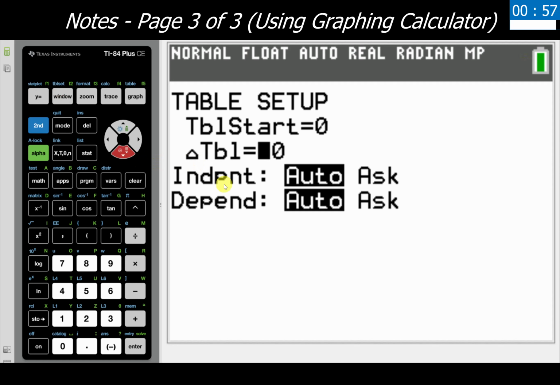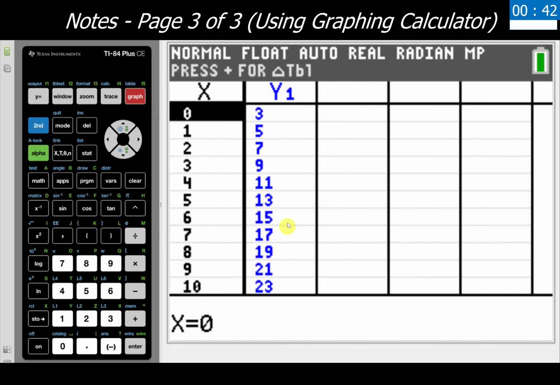If you want to go to the standard change by 1, we're scrolling down here, we're clicking the number 1, and then clicking enter. Goes to this other option, that's fine, but let's go check the table again, and we're counting by 1s. So that's how you can always go through and modify that change in table however you would like to. Some calculators allow you, as this one does, to press the plus button and you can change the table from here.